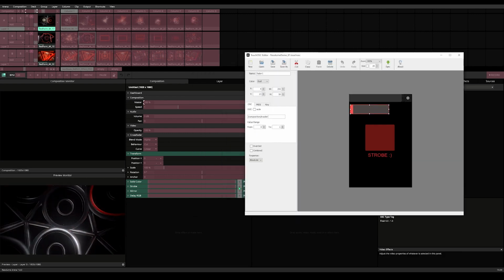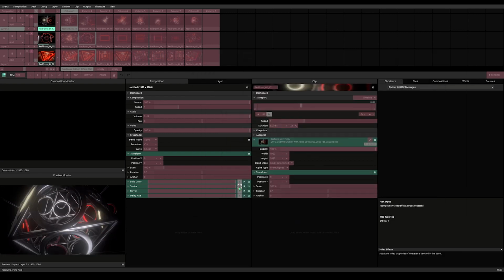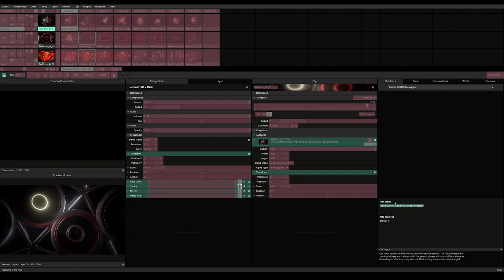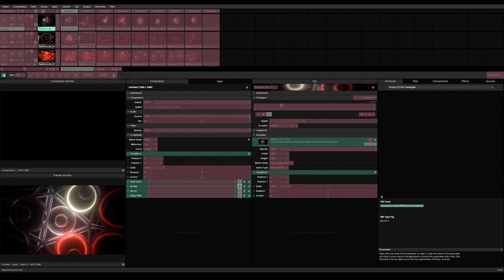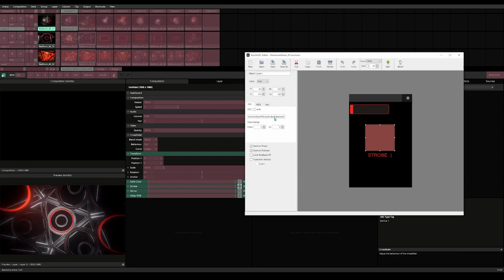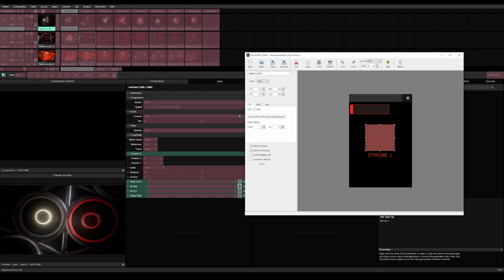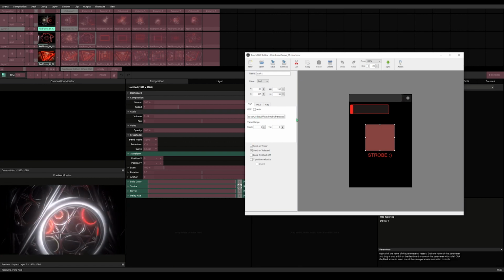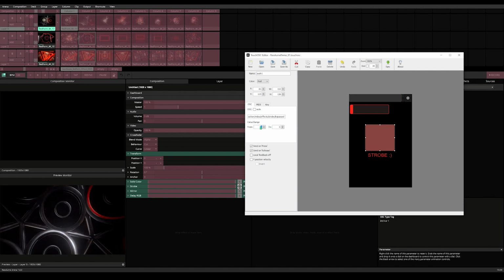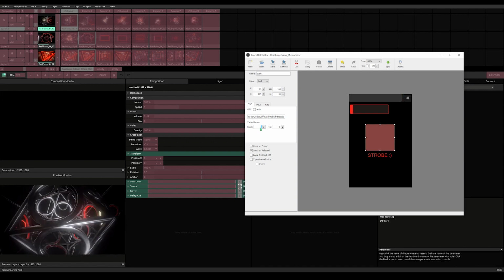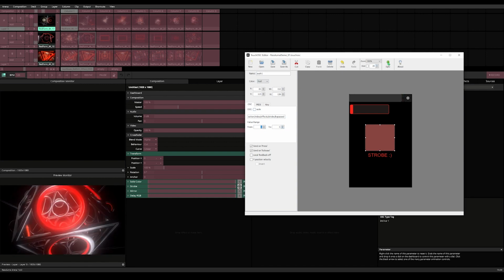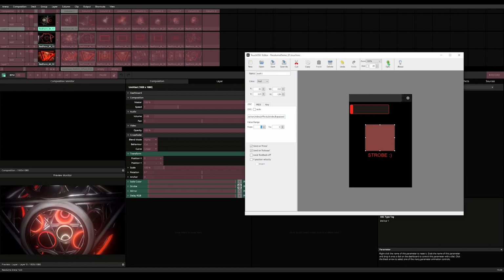And if we want to control our strobe, we can copy the message for its bypass button, click on our strobe button, paste that in, and in order to invert it, I've just changed our value range. Instead of 1 to 0, 0 to 1. So we could save that, we hit the sync button,